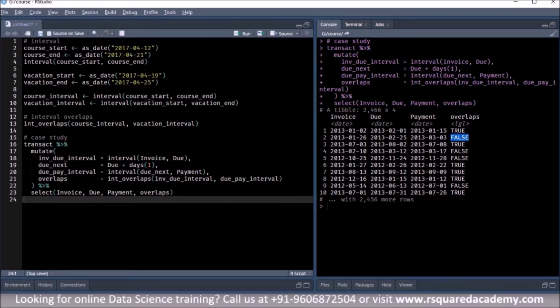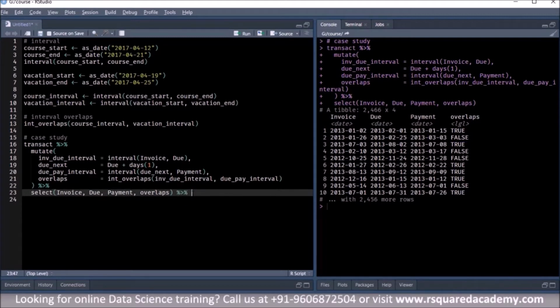In these cases the intervals do not overlap because the payment date comes after the due date. I can use this and then count the number of invoices that were settled within due date. That would be the number of rows where the overlaps column has the value true, and we can do that here.